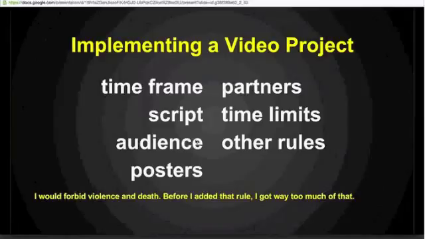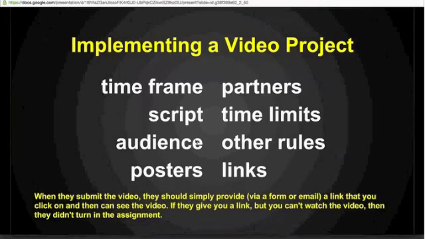There are other rules that I have used. This is not part of the contest, but it is part of how I worked as a teacher with my students. I said, no death or people killing each other or even harming each other. No death and violence. And they said, oh, our creativity. And I said, just make a video. And they did, and they were good. I just didn't want to see another video of kicking a man when he's down. Not interested.